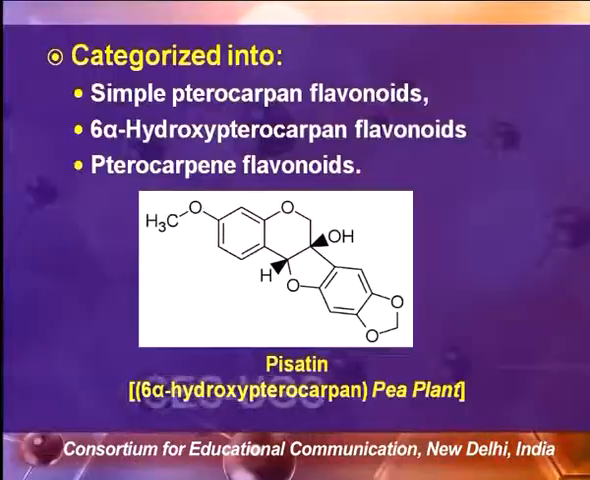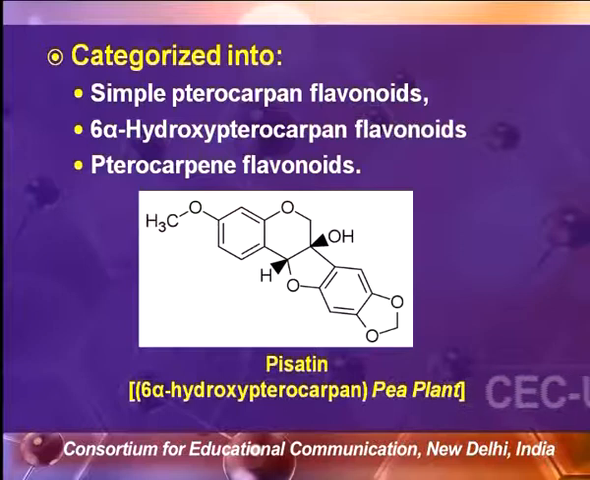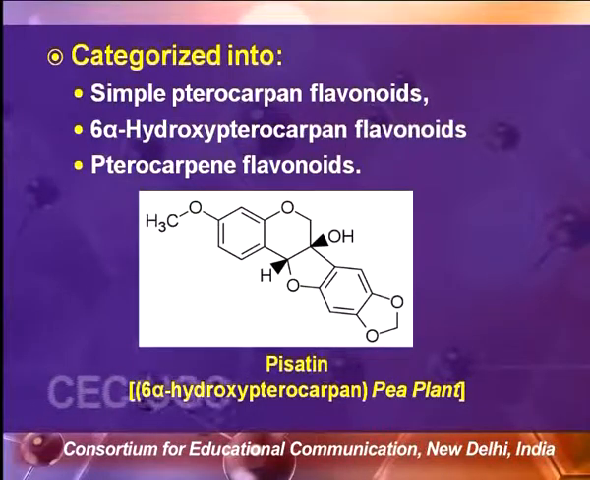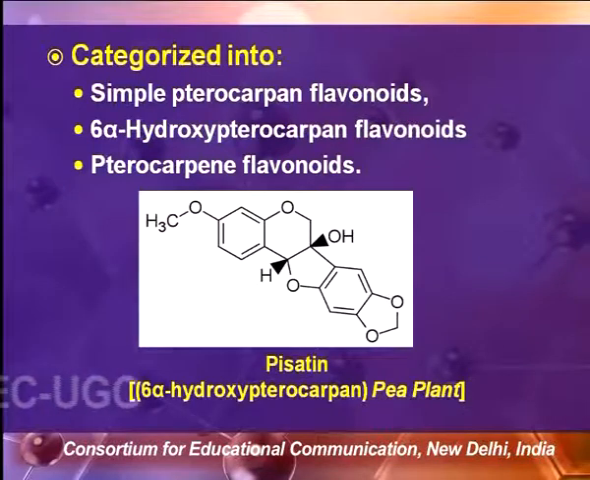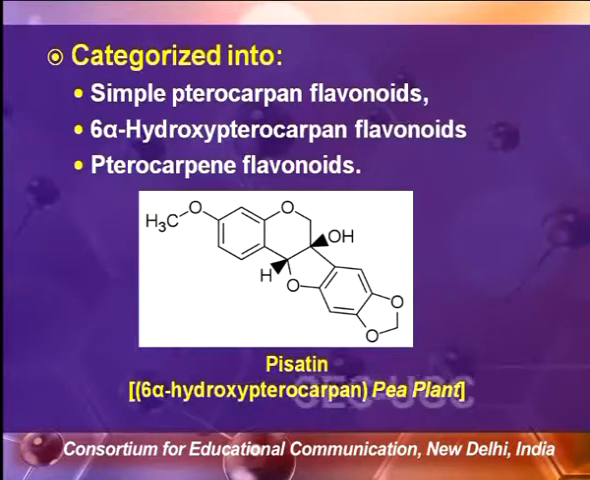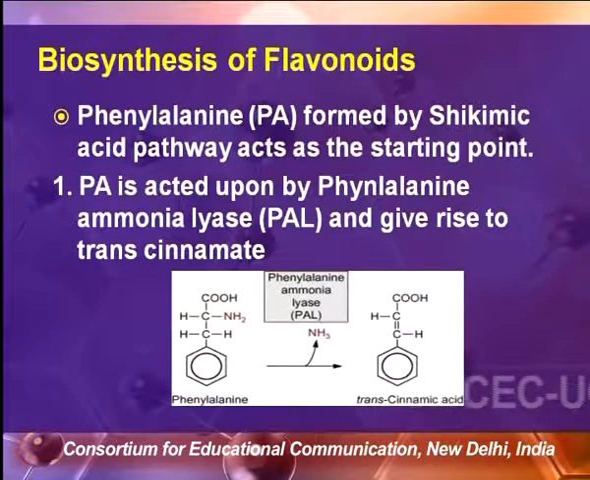Now, pterocarpans are categorized into simple pterocarpans or 6-alpha hydroxy pterocarpan flavonoids and pterocarpene flavonoids. And the common example of pterocarpans is pisatin, which is a 6-alpha hydroxy pterocarpan, and this type of pterocarpan is largely found in the pea plant. So, friends, this was about the different classes of flavonoids. Now we move on